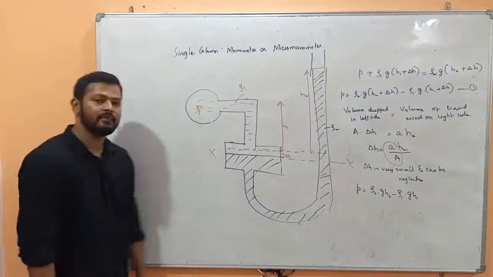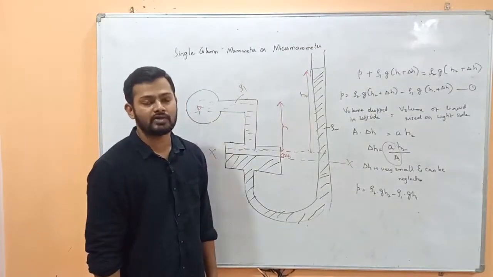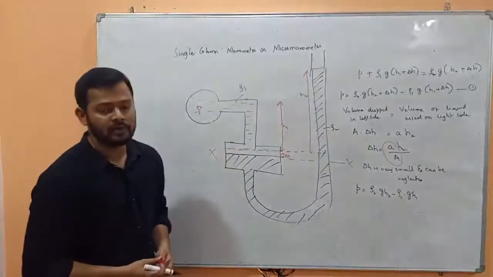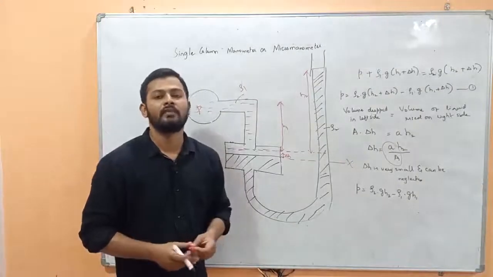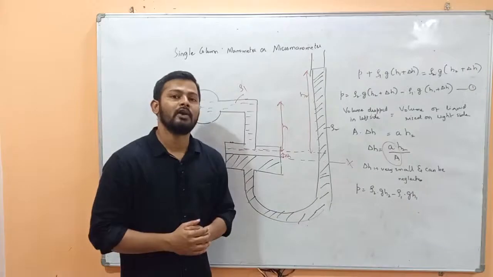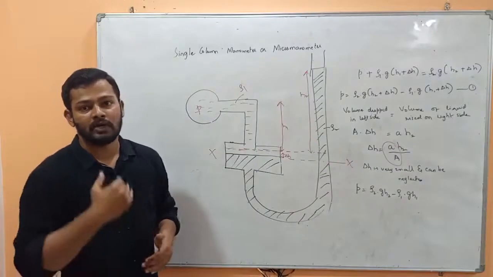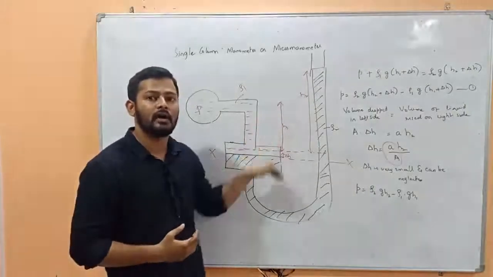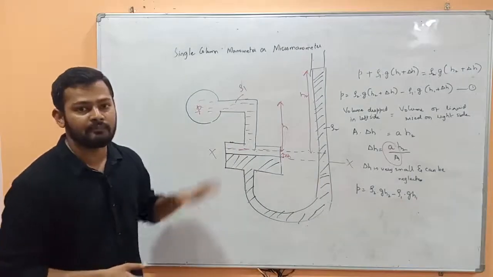So I have explained the different types of manometers. The first type is a piezometer, which is an L-shaped glass tube, whose one end is connected to the point where the pressure has to be measured and the other end is open to the atmosphere. Because of the pressure there will be a rise of liquid in the glass tube. With the help of that rise we measure the pressure by substituting in the formula rho g h. The second type was the U-tube manometer, which consists of a heavy liquid, usually mercury. The mercury is pushed down when connected to the pipe, and we balance the difference in height using the concept of balancing of pressures to get the pressure inside the pipe.